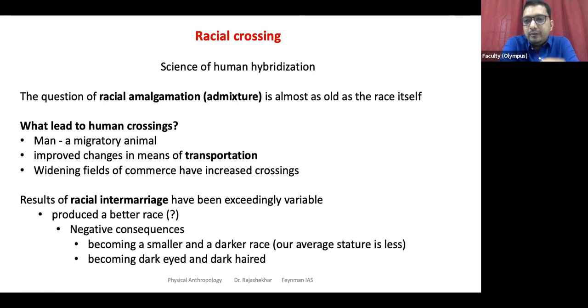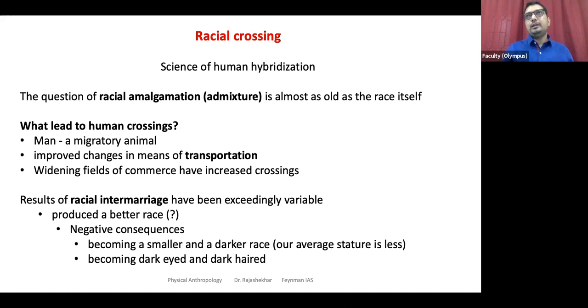But sometimes people may believe that we are bringing all those elements together, but not necessarily only positive elements, even negative elements come together. Negative consequences like becoming smaller and darker. So by marrying someone from a population like pygmies, for example, your children tend to be more and more shorter, so that is considered to be inferior, right? So producing more shorter babies, darker babies may be seen as a negative consequence, but if you consider them as negative, on average, what happens? It reduces the height of those populations. So some negative consequences are also possible.